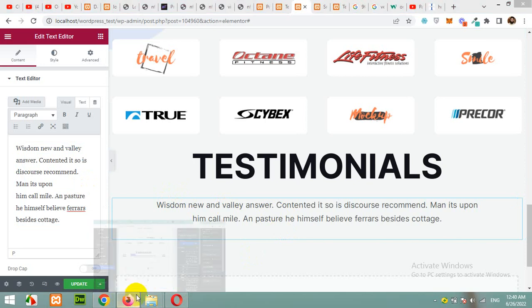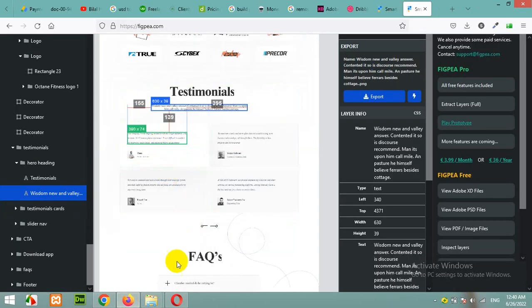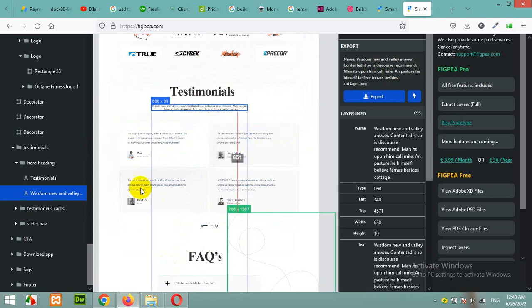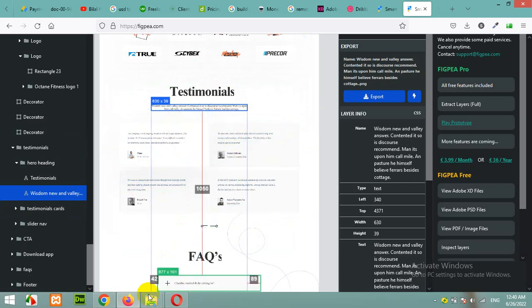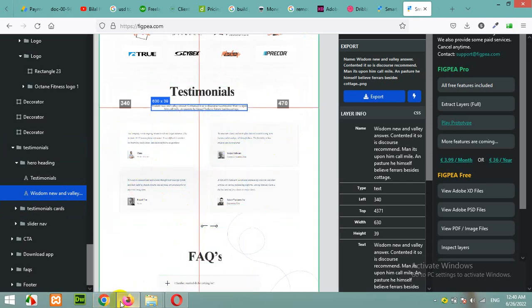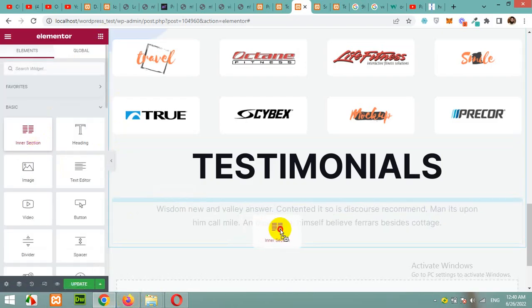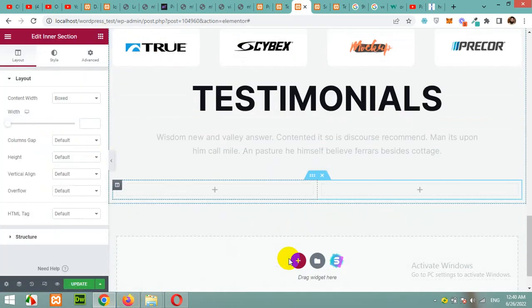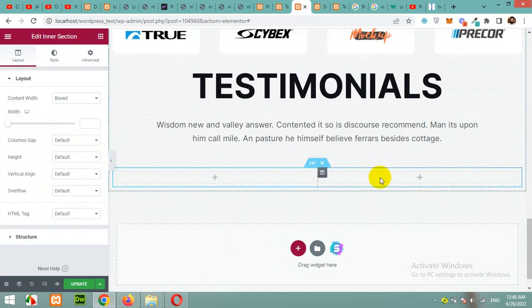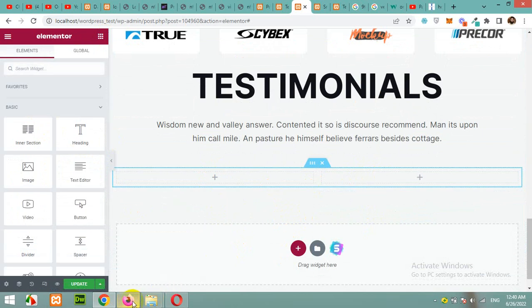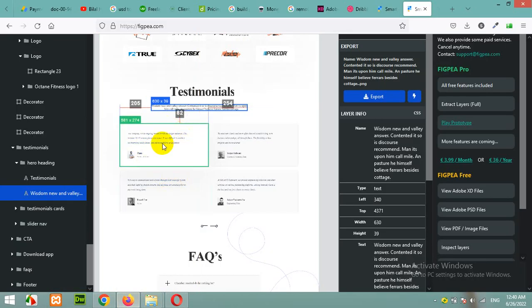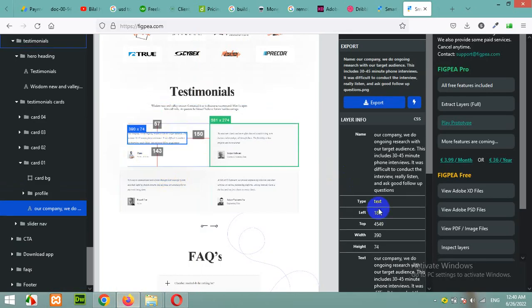now let's build the first box, this one. First of all, make 4 boxes like these. So we will need inner sections. Come here, click on inner sections. So we will have 2 testimonials in this line and 2 testimonials in the second line. First we will build a separate section like this box and this text. Copy the text first,